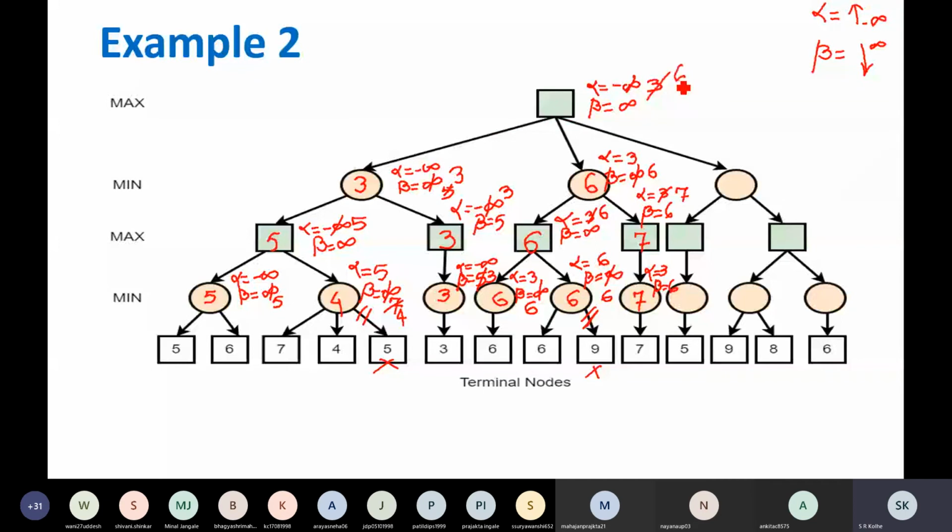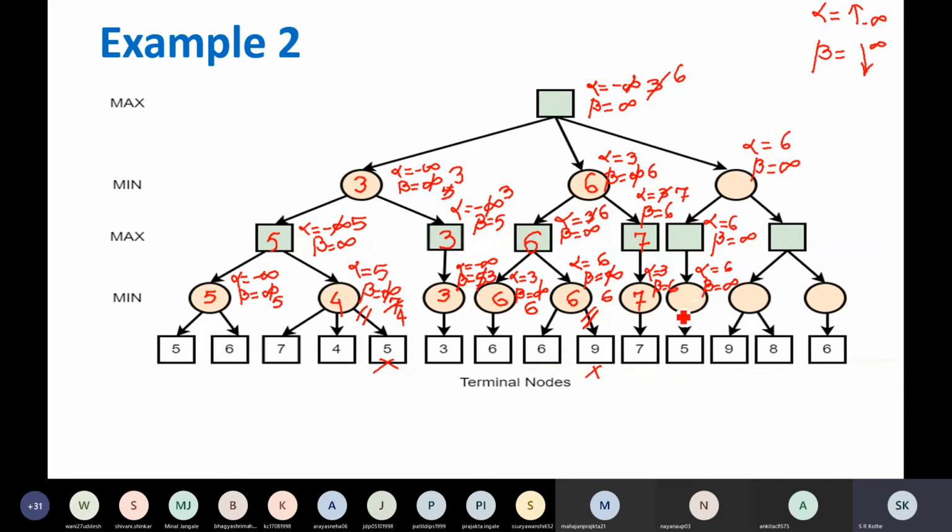Alpha will be 6. Understood? So copy this value down. Alpha is 6, beta is infinity.